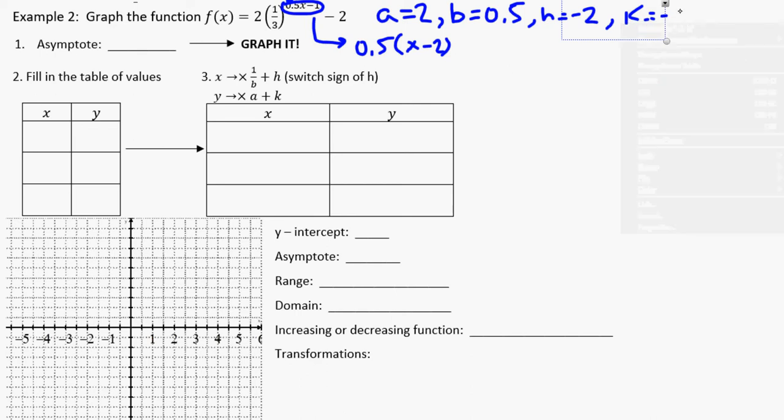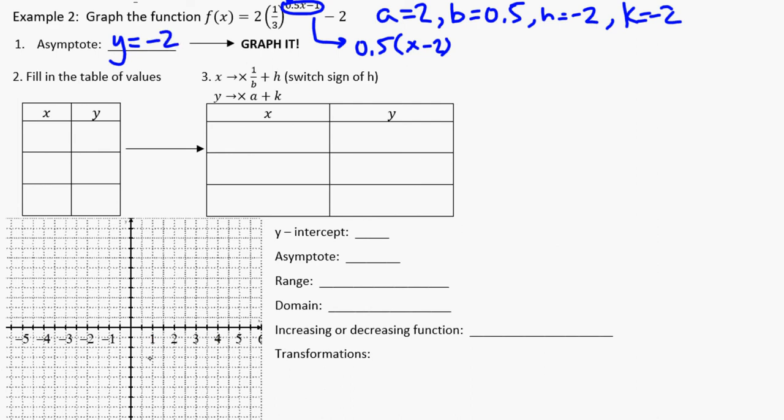My k value is also -2. Sorry about that. All right, that is too messy for me, I'm going to fix that up. Let's do the k value one more time. K is -2. All right, so first thing, again, our asymptote is y equals